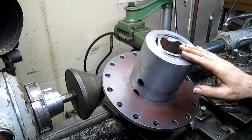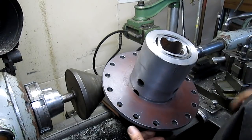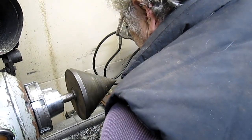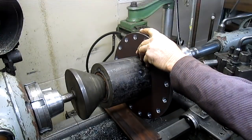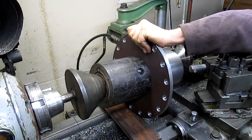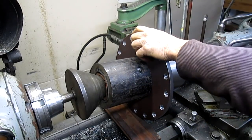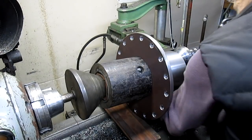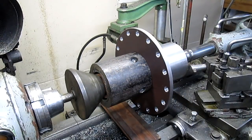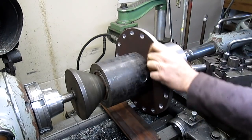Okay, so we're going to take our hub and put it in between centers to test it out. That's going to be a little harder, easier said than done. There we go. All right, lift it up a little bit. Let's lift it up a little bit. There we go, and we got her in. All right, so now we can spin it, and it's on two floating centers, so we can